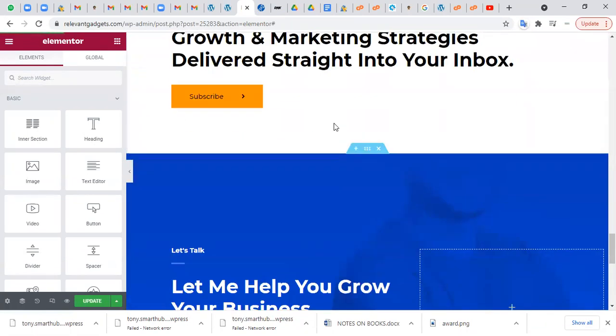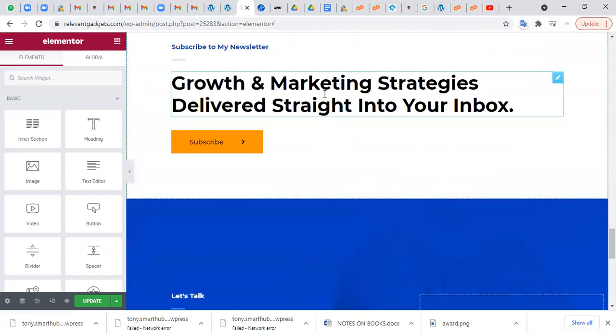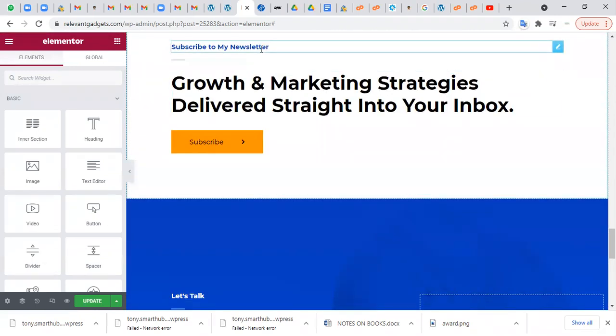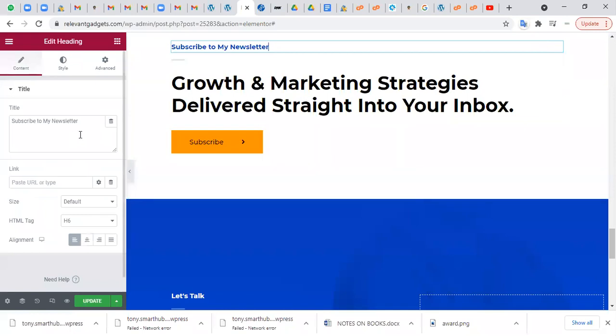I've told you how to change text. Look at this. You come to this page. You want to change anything, just come here. Click on it. It opens up for you here. So you can change. You can say, okay, no problem, I don't want to change it. I like it, but